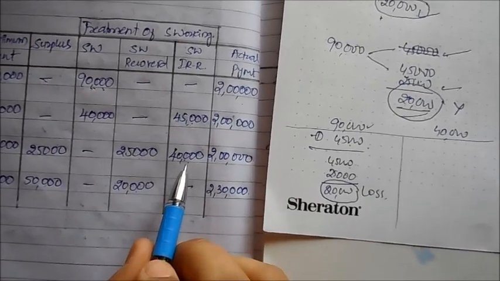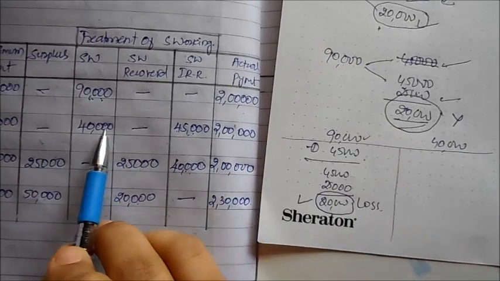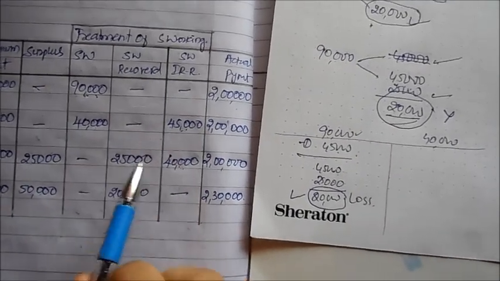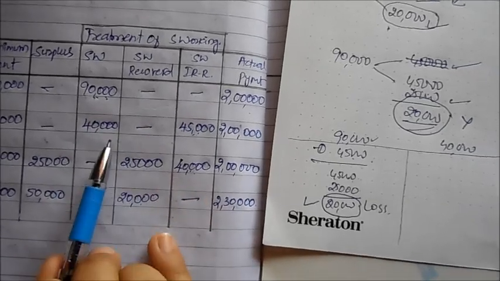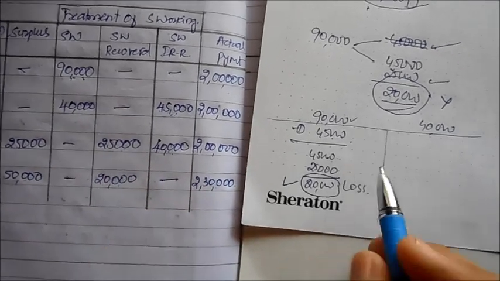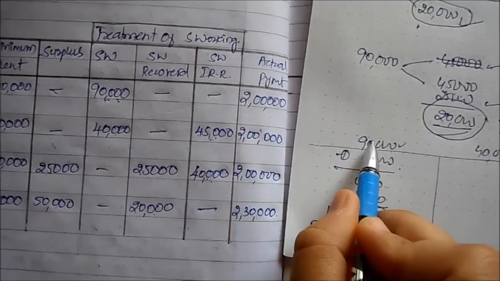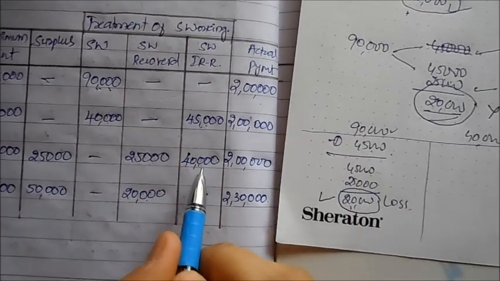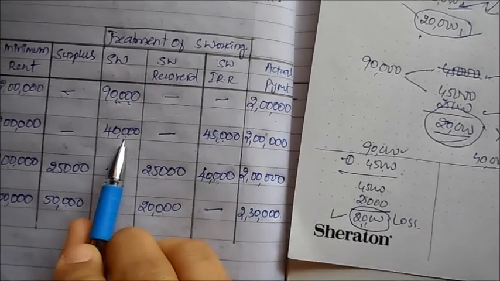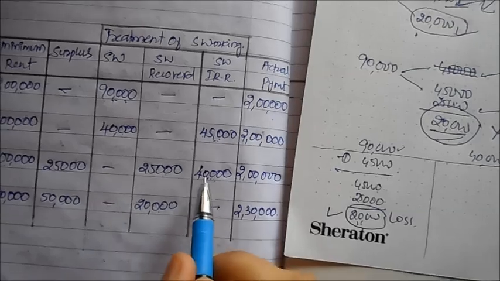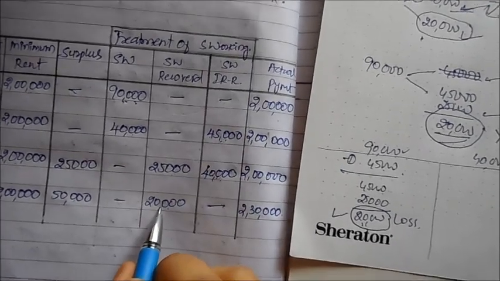Now how did this short working come 20? This 20 irrecovered plus 40,000 in this particular, the option is not left only. Out of this only we have already taken. So half of this also will become irrecoverable. So 20 plus half of this. 20 for the first one, half of the second one. Both if you put together will become 40. Then in the next year, what is left? Only half of 40 is left. First 20 is irrecoverable. Second 20 should be recovered. So that 20 is got recovered.